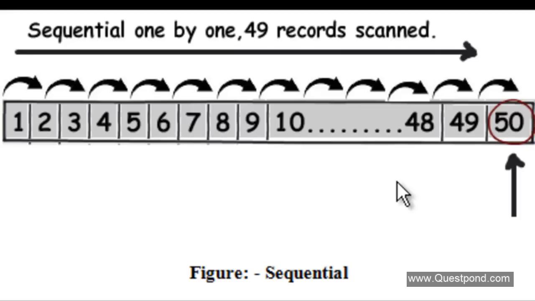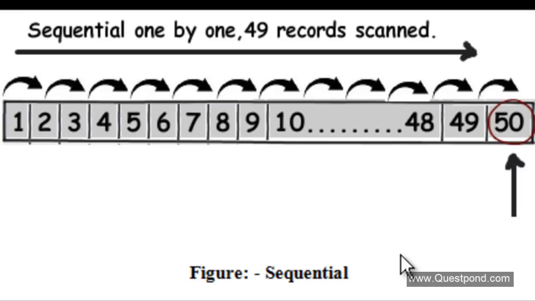Now before we start demonstrating things practically, let's first try to understand how data is searched when there are no indexes. When you search data which is not indexed, it searches sequentially. For example, you can see on this video here, if you want to search this value 50, the search engine, when I say the SQL search engine, has to go and browse through all the records sequentially, one by one, until it reaches this 50 value.